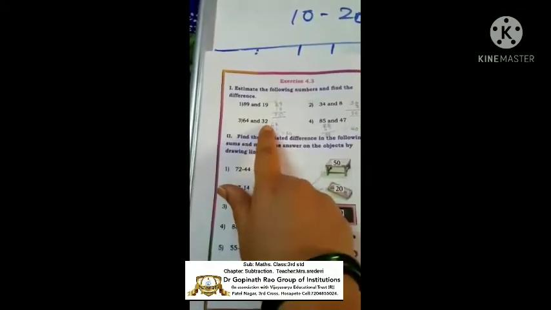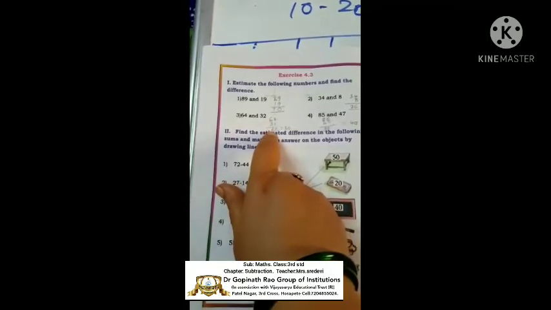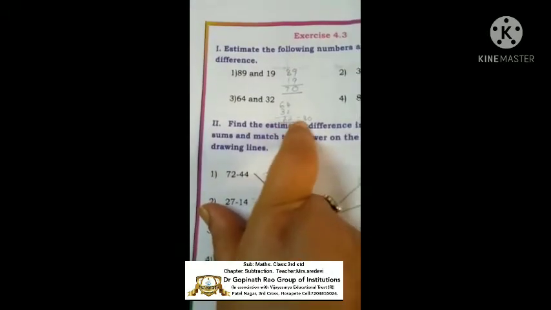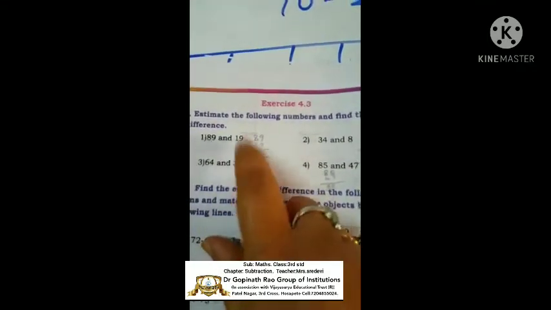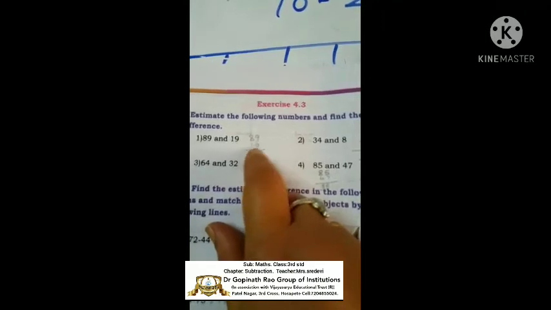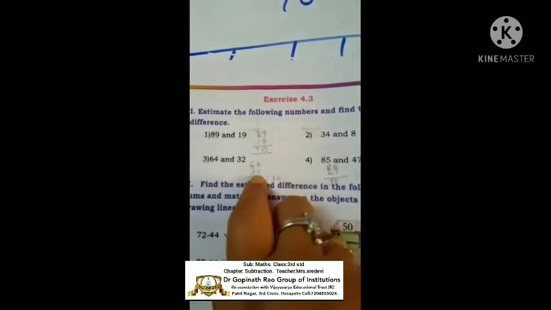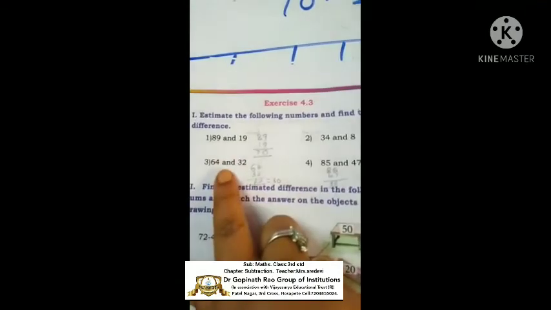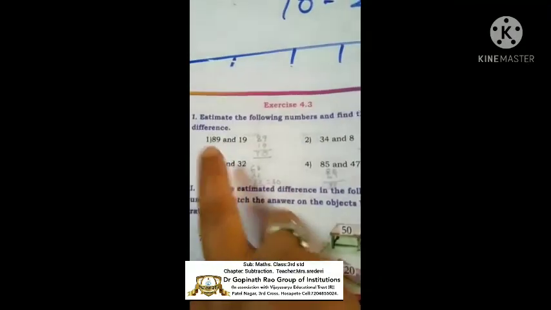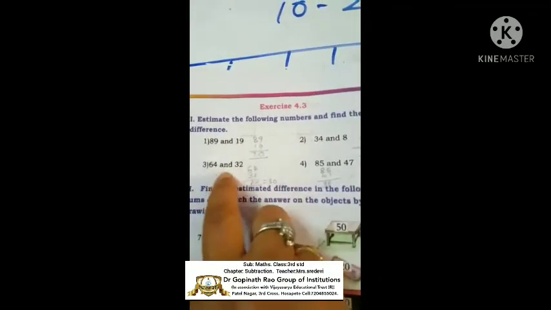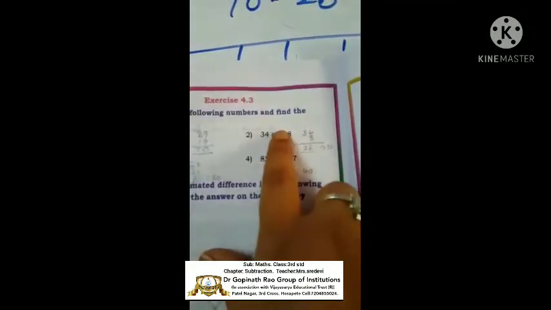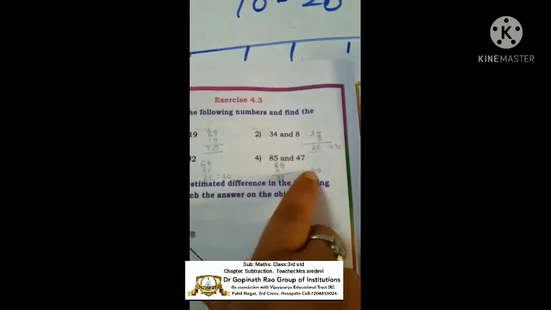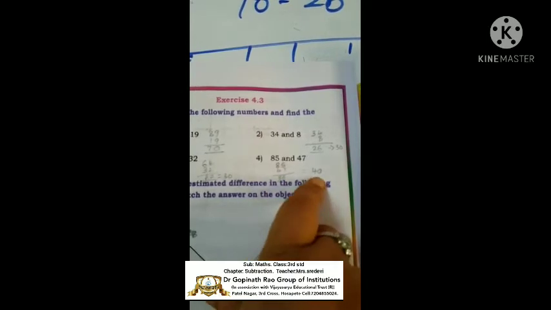Okay. Here 64 minus 32 is 32. So the nearer value is 30. See, there is no need of doing the subtraction here, children. Here I have done a subtraction for you all, but you can just give the estimation value. So the first value is 70, then you can write 30, and here you can write 30. Here 40. See, 38 is nearer to 40.